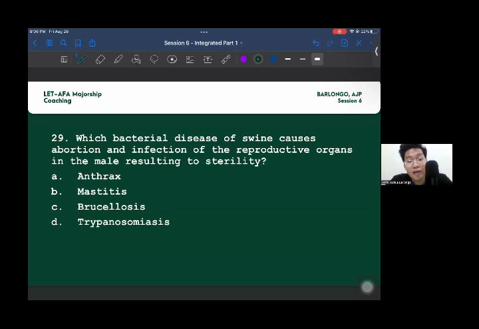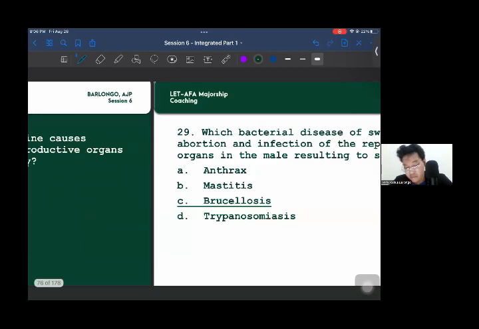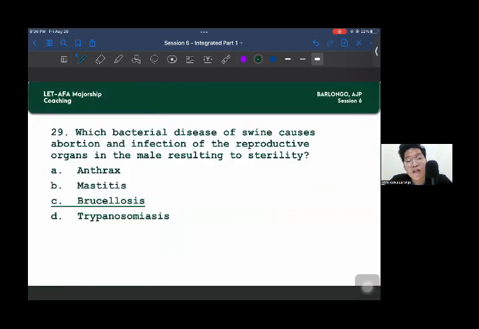So, this is a case naman sa swine. So, kanina we've discussed, I think sa chicken, tapos sa cattle yata. Ayan. So, sa swine, or yung baboy, this is brucellosis. So, ang brucellosis is caused by a bacterial causative agent. Ayan. So, ang nangyayari ay